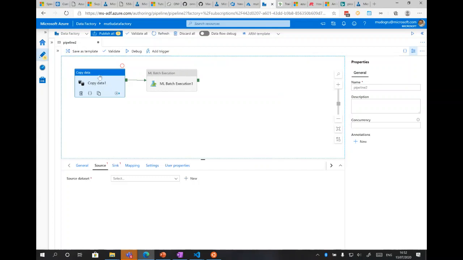So this first step is the copy data. You specify a source and a sink. It copies it from one place to another. It can be a database. The source can be another cloud. You can take it from a SQL database, put it into a data lake. From the data lake, then you can run machine learning, and then based on the results of the machine learning experiment, you can